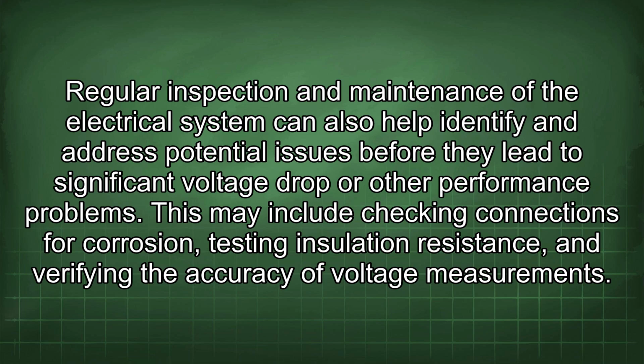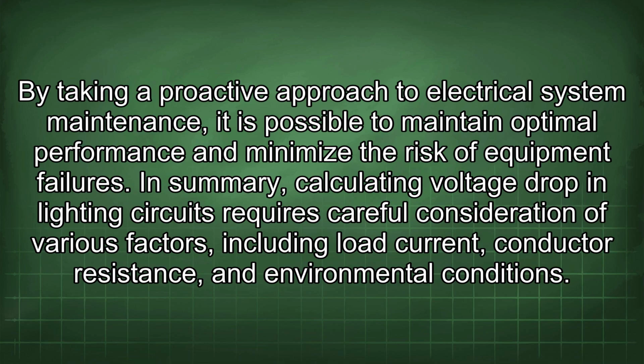This may include checking connections for corrosion, testing insulation resistance, and verifying the accuracy of voltage measurements. By taking a proactive approach to electrical system maintenance, it is possible to maintain optimal performance and minimize the risk of equipment failures. In summary, calculating voltage drop in lighting circuits requires careful consideration of various factors,